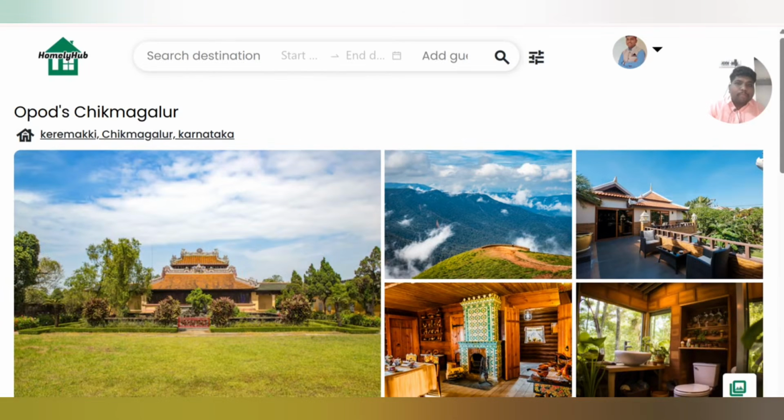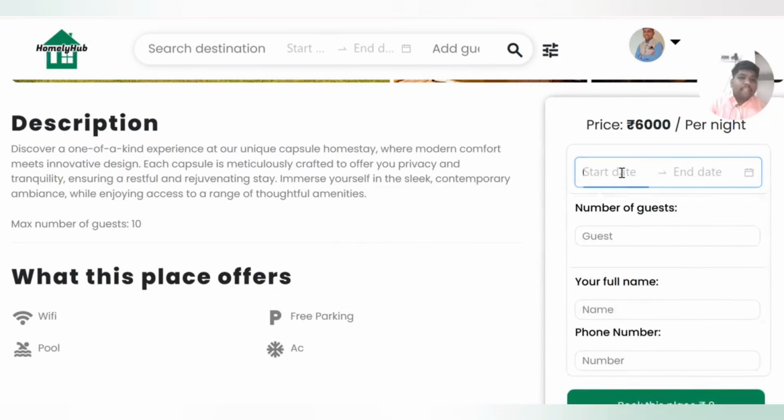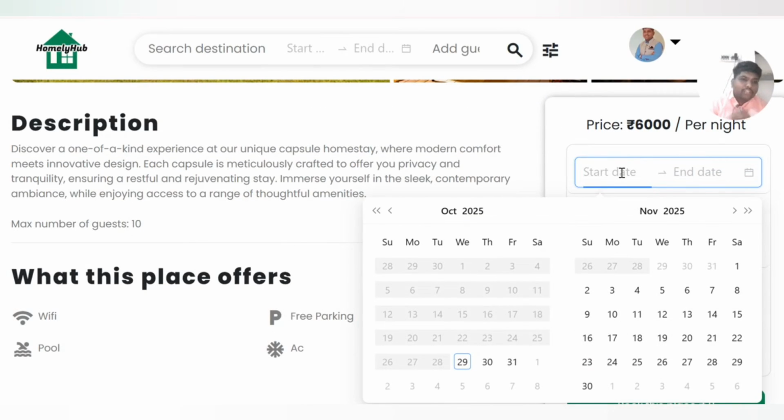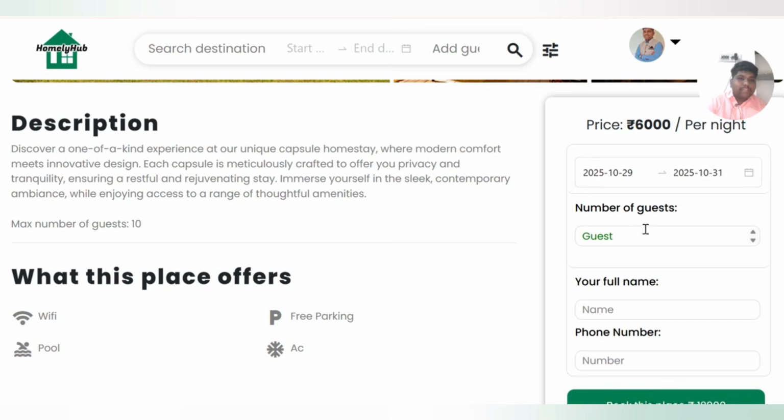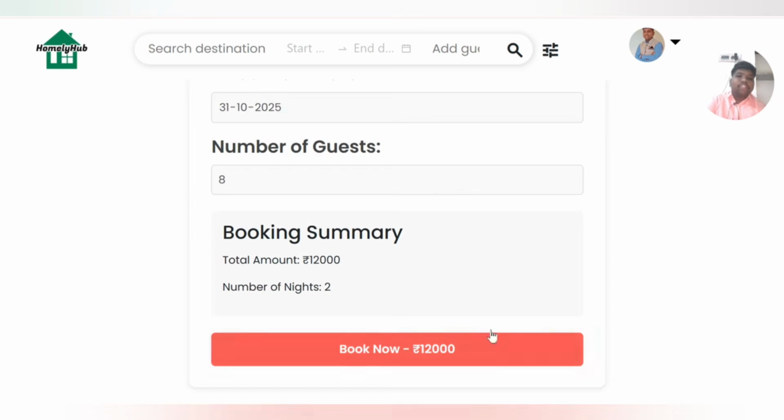So I will book now. I already told you I have seen all the properties. So I will book from date. Please remember, this is 6,000 rupees per night. I will book 29 to 31, which means 2 to 3 days. The maximum number of guests is 10, so I will give 8 guests. Full name is mine, as you know. And when I click on book, this will take